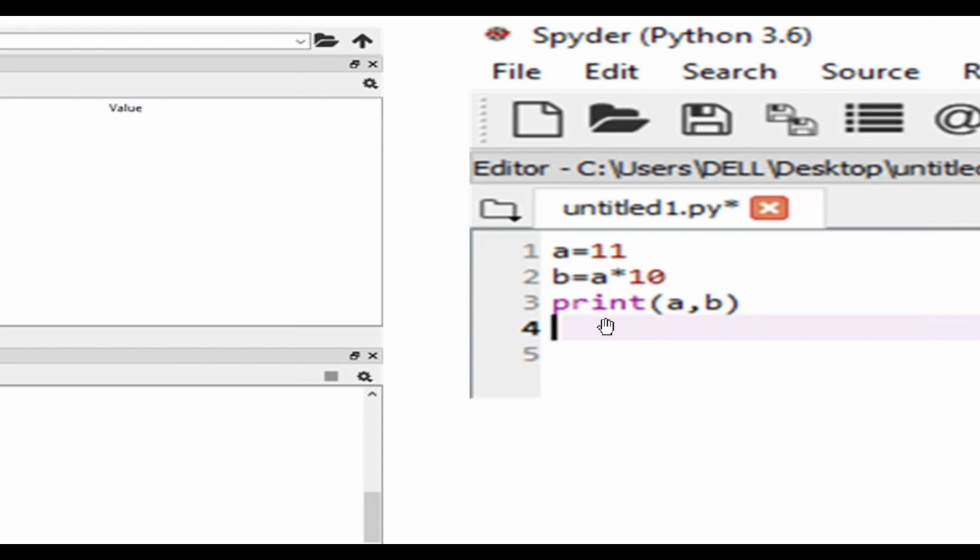So once I create both my variables, I would like to print the values of A and B. Now because I want to print two values together, I am going to separate them with a comma inside the print statement. So the print statement will help me print the output, and since I want to print two outputs here, I am going to separate them with a comma. However, if you just want to print one statement, you can just give a single object inside the parenthesis.